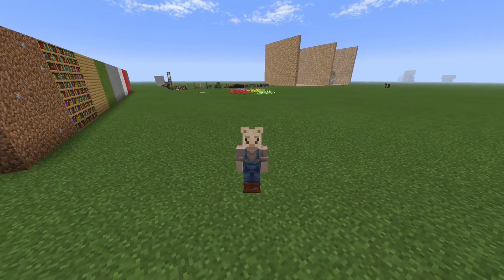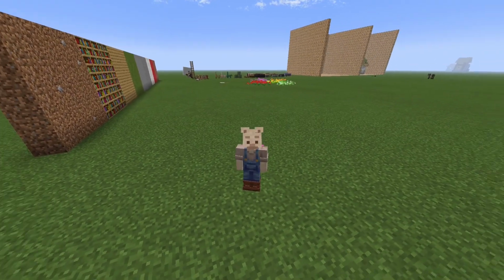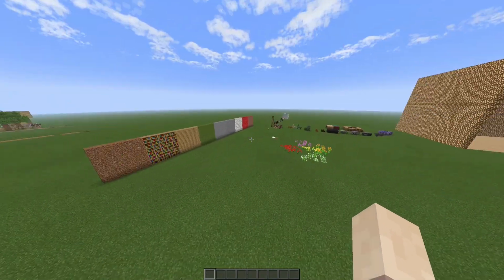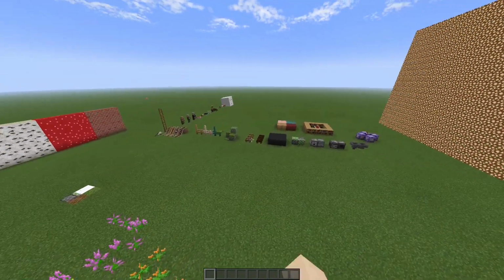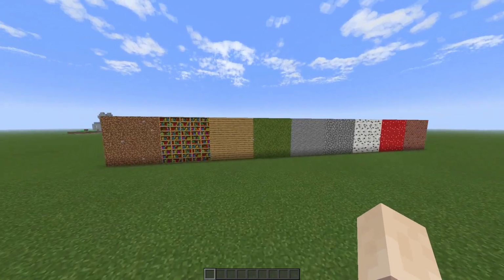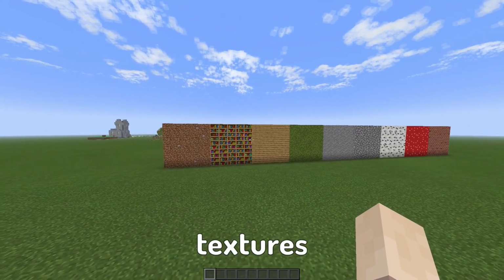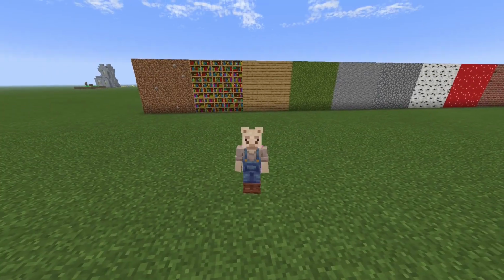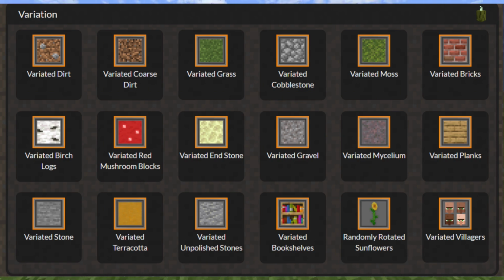Anyway, onto the texture packs, and the main one I use to improve Minecraft is Vanilla Tweaks. Just looking around here, almost all of these features are thanks to Vanilla Tweaks. And we'll start off over here with the variated textures. Vanilla Tweaks gives you access to have variated textures for almost all of the blocks, but I've used a couple